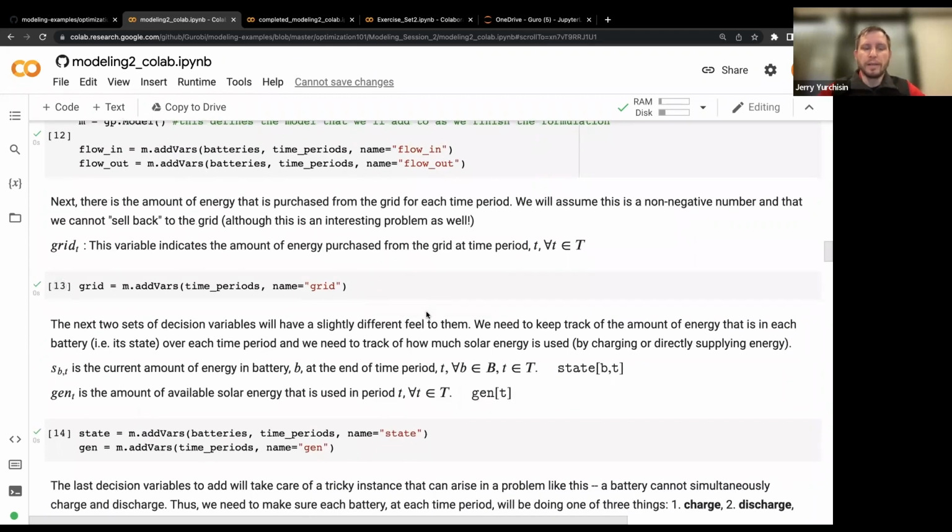So then next, other things that we can decide. So we're deciding how much to charge and how much to discharge. And the next thing we can decide is, well, how much energy do we want to buy from the grid? So we need to come up with a decision variable for that. And that is just going to be indexed by time. And one assumption that we're going to make for this is that the grid decision variable is going to be non-negative. So we can't sell back